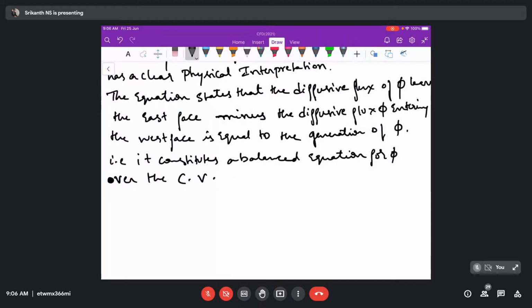That is why this method has been very well accepted and attracted by many researchers. The discretized form has a good meaning of physics, a very close meaning related to the physics. That's why they are using this for writing codes. All the solvers that you are seeing, like Fluent, have been written using the finite volume method over the control volume.